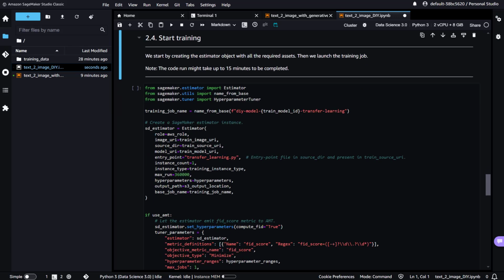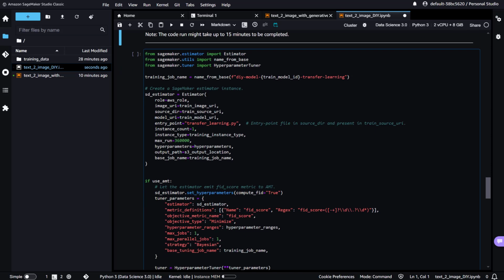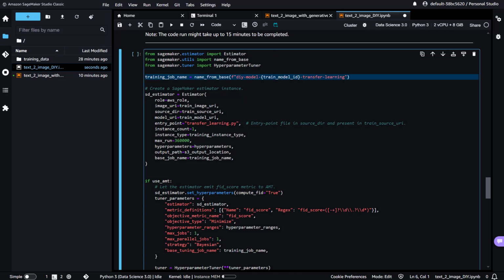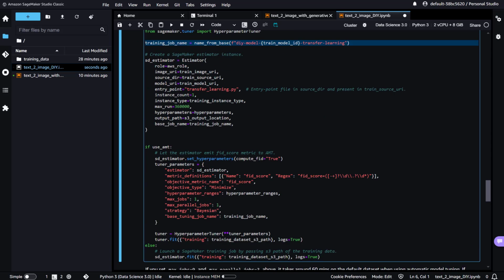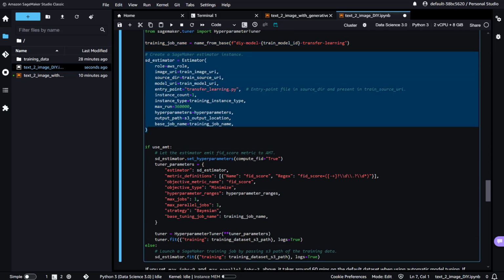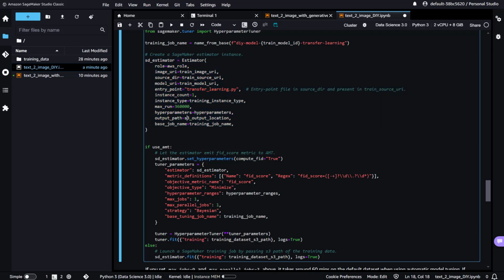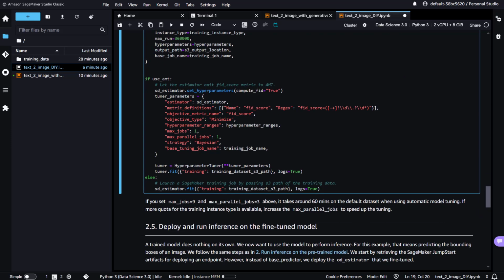We start by creating the estimator object with all the required assets. Then we launch the training job. The code run might take up to 15 minutes to be completed. Okay, that's fine. Training job name, we are defining it, and then remember the estimator we created by giving the role, image URI, directory model, entry point, instance count, hyperparameters, and then the output path and base job name, and then let the estimator emit fit score metric to empty, not sure what that is,